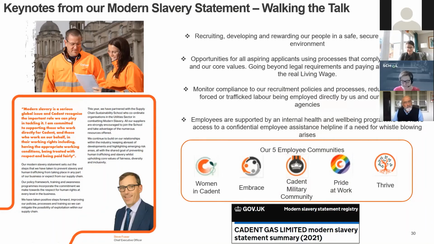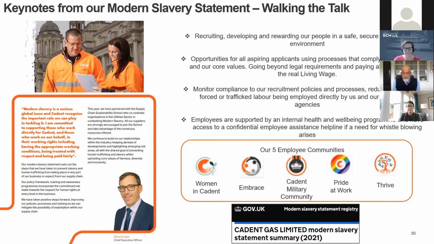If there are certain good ideas in there that you would like to adopt for your own companies, so be it. So we have this statement, and then supporting that, we have a number of activities within Cadent that play into this arena. So first of all, let's start with recruiting, developing, and rewarding our own people. As I said, we have a huge workforce, 6,000 plus. What we have done in that space is we are using external parties to actually benchmark the process by which people enter our organization. We're also looking at the living wage, and we're talking about the real living wage here. So we're paying above what we need to pay. So £10.90 per hour is where we are at the moment.